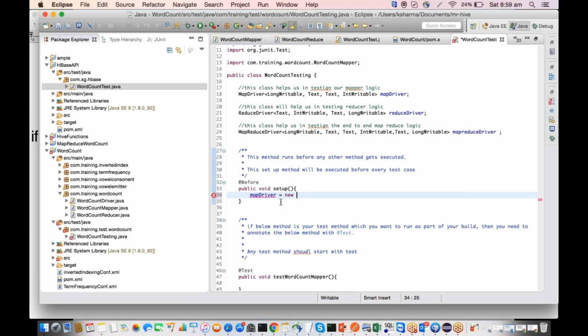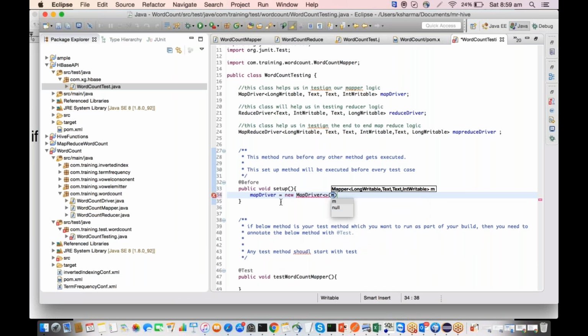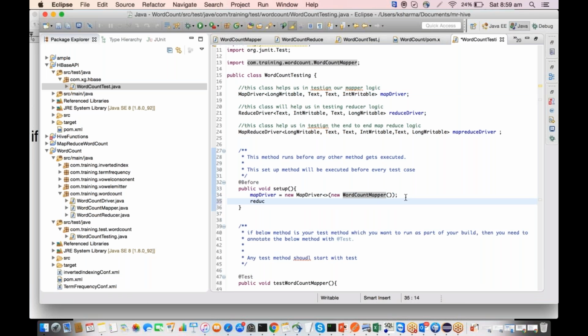Okay. New map driver, and I'll say new word count mapper. I'm very sorry, I forgot to initialize that. New word count mapper, and that should be fine. So you have this map driver. You are instantiating this map driver object, and you're giving your class name. That's which class you want to test. And then similarly, reduce driver